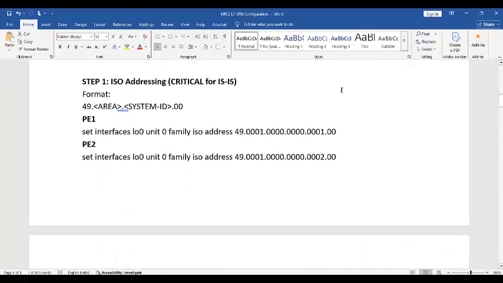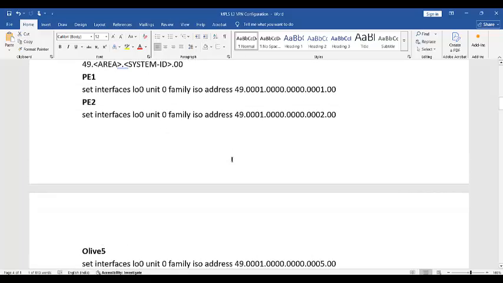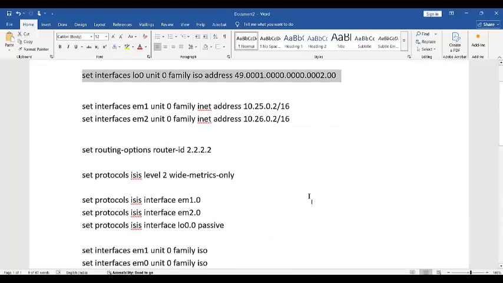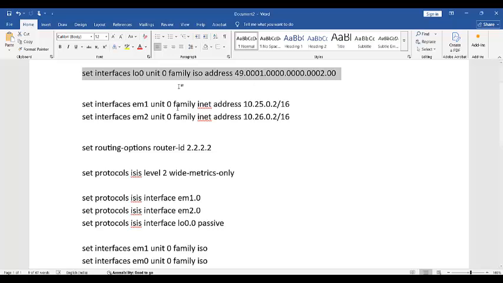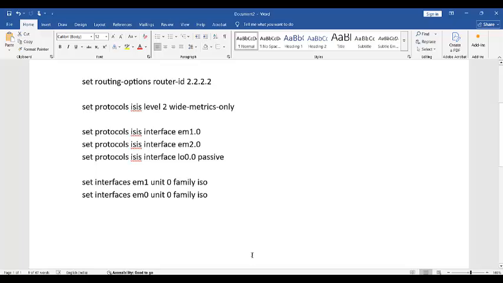What is already done is we have already assigned step 1 on all routers except PE2. We'll do PE2 at last. We'll finish the other routers so that as a final recap we can use PE2,